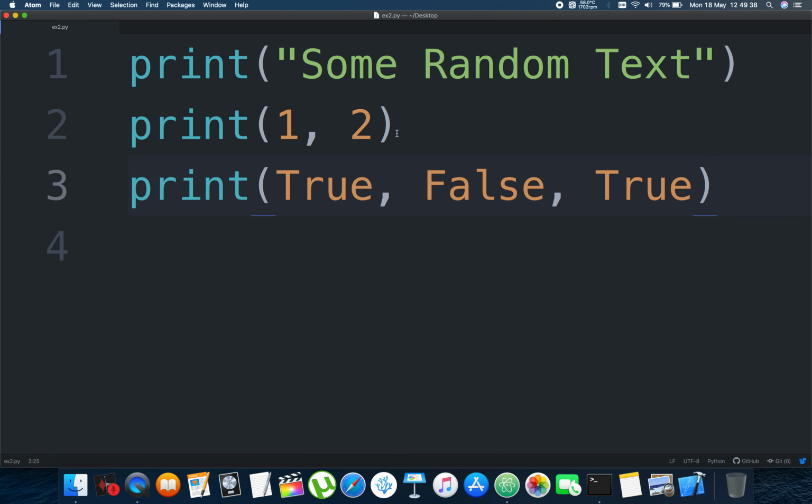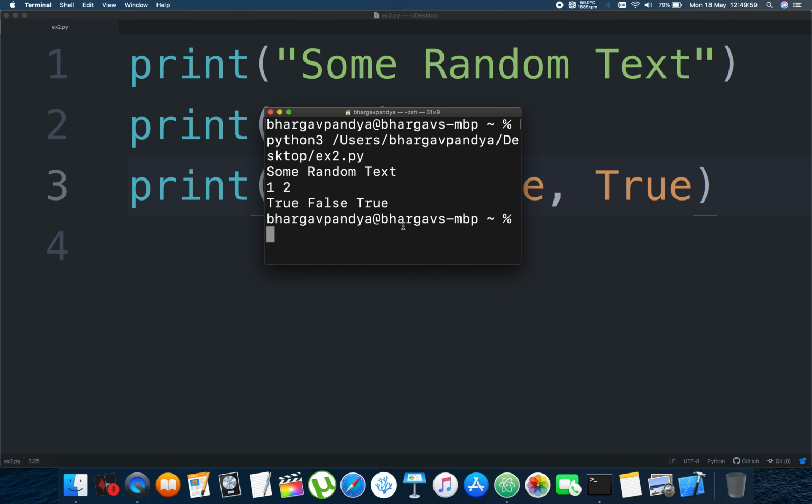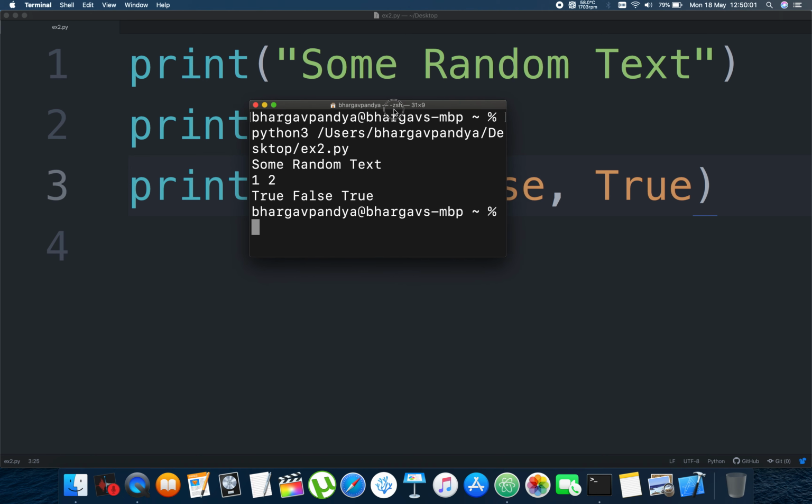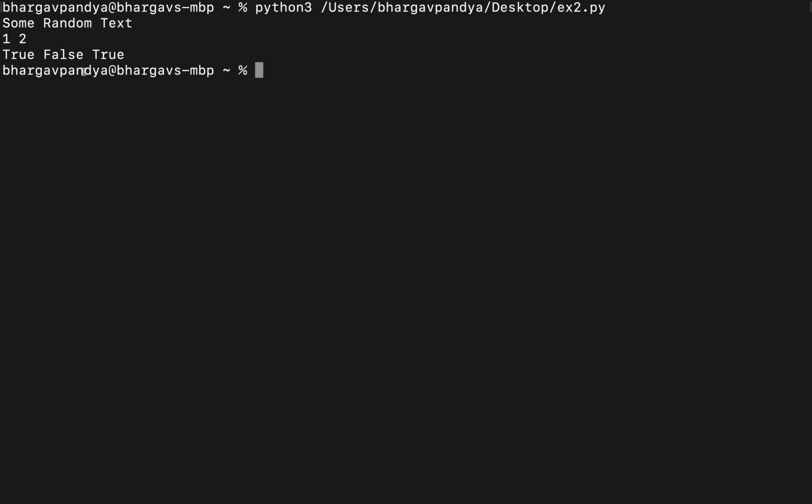string which was enclosed within these double quotes. And you see here 1 and 2, these are just numbers, and since they are just numbers, they don't require double quotes. And even boolean values, true or false, which start with a capital letter, of course, they wouldn't require double quotes all around them. So as you see here, these things are printed in terminal by using this shortcut